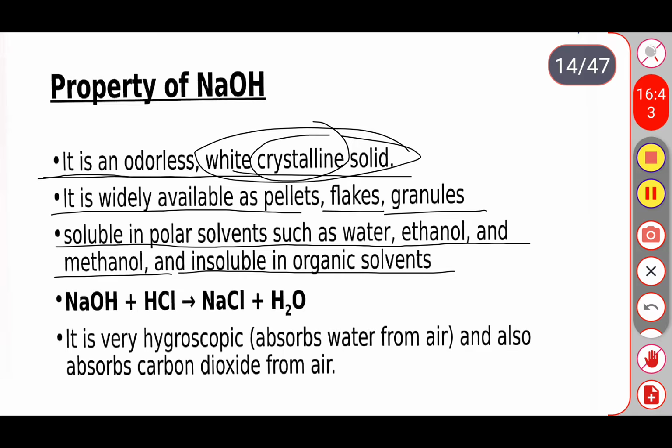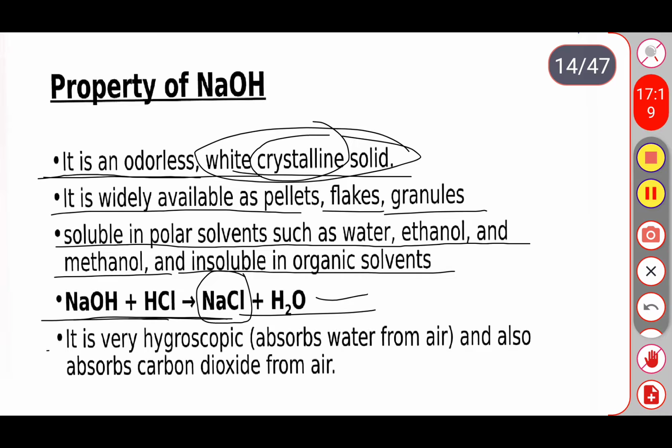Sodium hydroxide, when it is combined with HCl, forms NaCl, that is sodium chloride. We already discussed this one in the previous slide. Sodium chloride is obtained by the combination of the two major compounds, sodium hydroxide and hydrochloric acid. By adding these two, we will get sodium chloride and water.